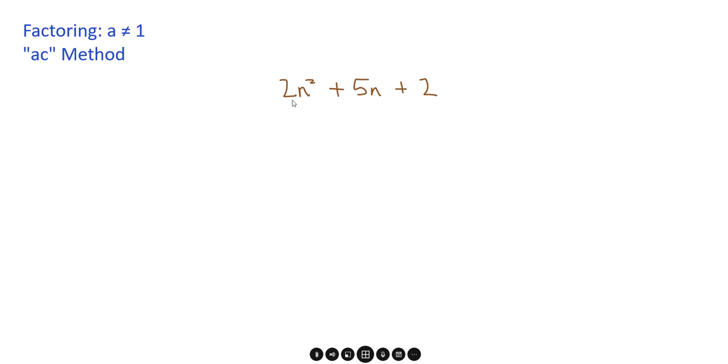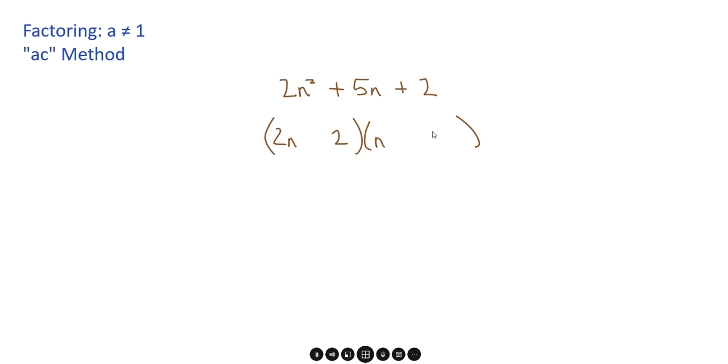Alright, here we go. We're going to be doing some a not equal to 1 problems. So let's take a look at what that looks like. Here we've got a 2 in the front. You can still use our same method with setting up parentheses, but you're going to need to do a 2n and an n for this one, and that's going to complicate things a little bit